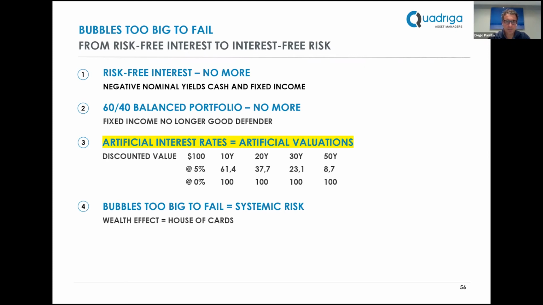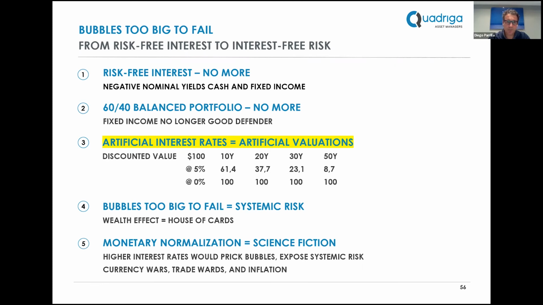As a result of this, you've created these artificial low rates, these bubbles that are by now too big to fail, and they create this wealth effect, and they also make it difficult to normalize things. It becomes almost science fiction. So we'll see if we are wrong as the Fed tries to normalize, but I think it's a little bit